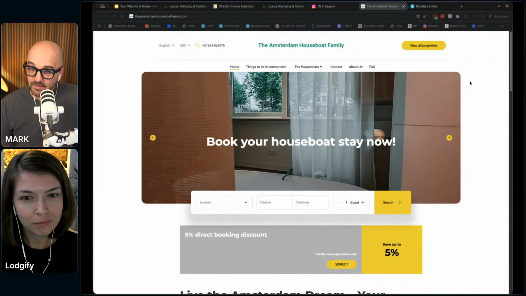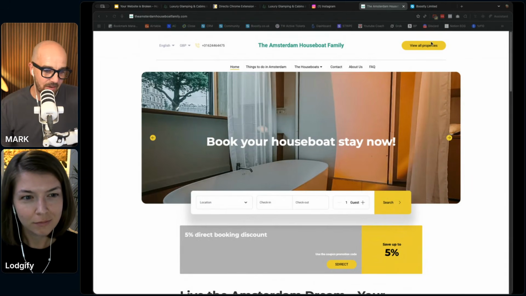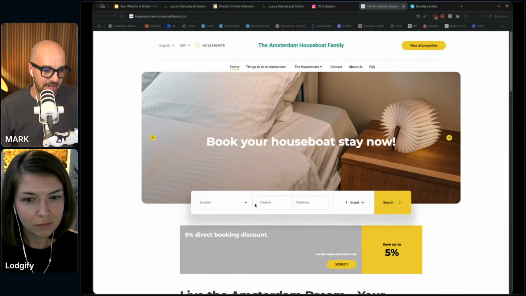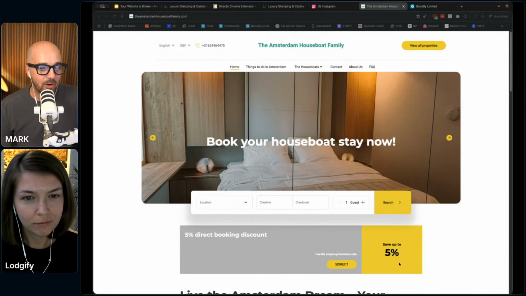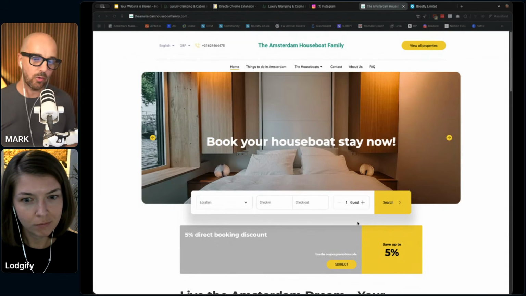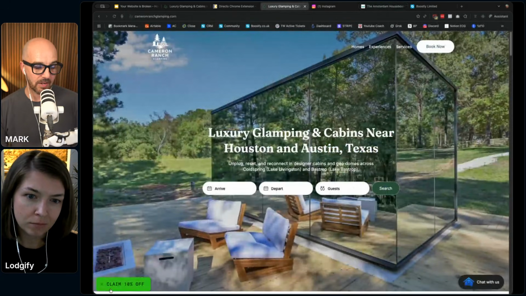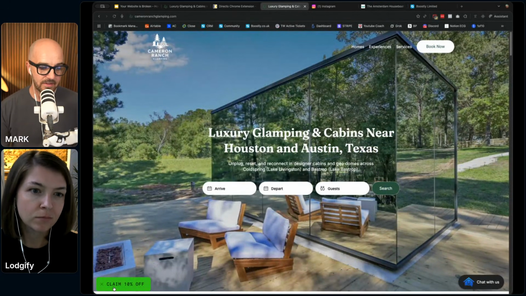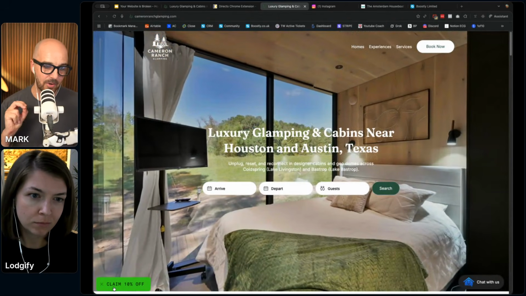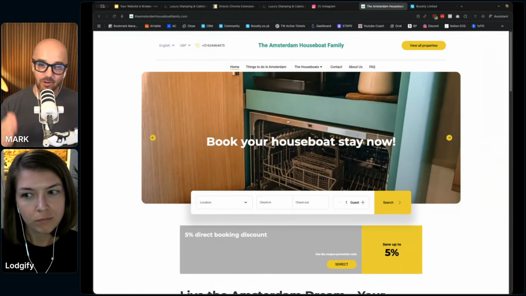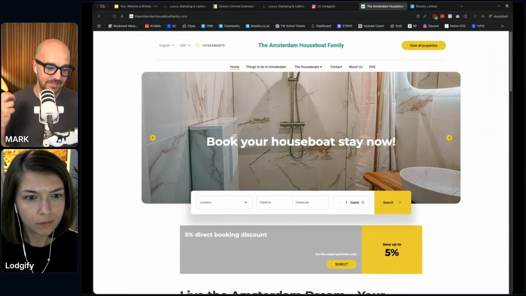Now, there are a couple of good things. Number one, we've got a nice big button here in the top right-hand corner, which is super cool. Number two, we have a very clear thing here, but that's about it. I also like this 5% discount if a guest books direct. Now, there's a right way and a wrong way to present this offer to your future potential guest. This is the right way. It was a pop-up after 30 seconds, and it sits there nicely in the bottom corner. It doesn't sit there as a stain on the site, as what this does here. It literally hurts my eyes to look at this.